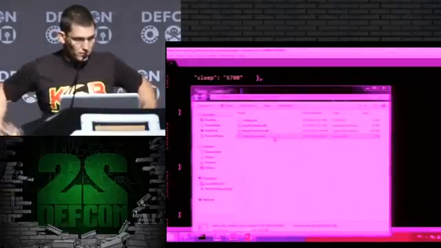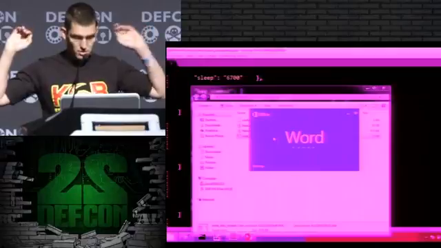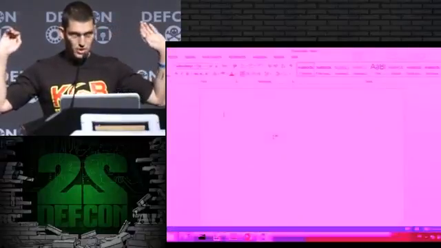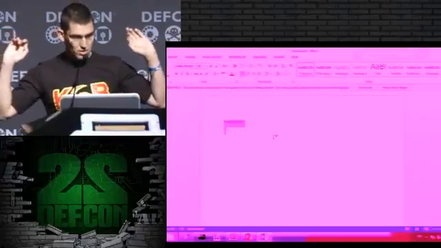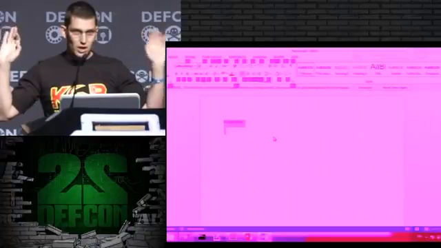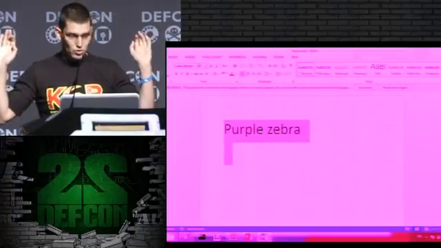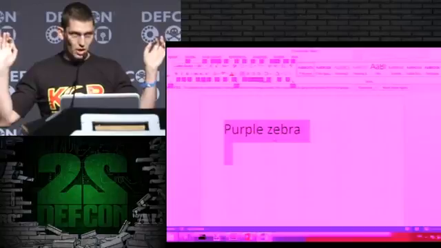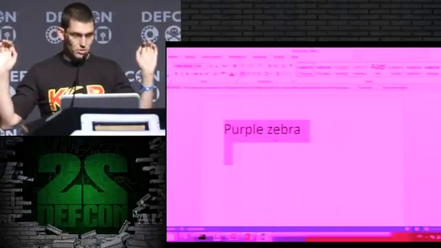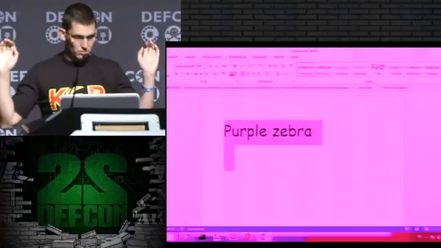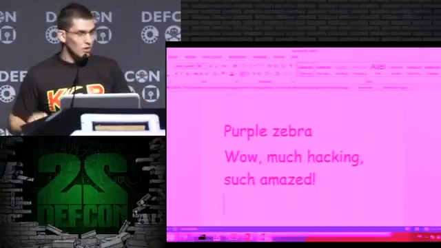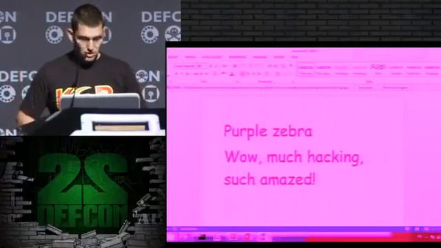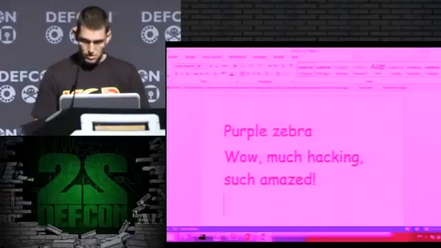What should happen is that it starts WinWord, creates a new document, types the purple zebra there, and through the GUI I can do a lot of stuff. For example, I can change the font size, I can change the font type, the Comic Sans, for example, because it's always comic. I can change the colors, so to get an idea of what it does.